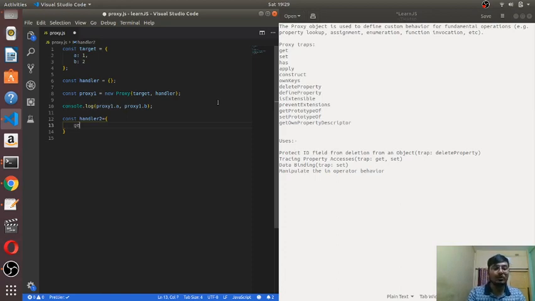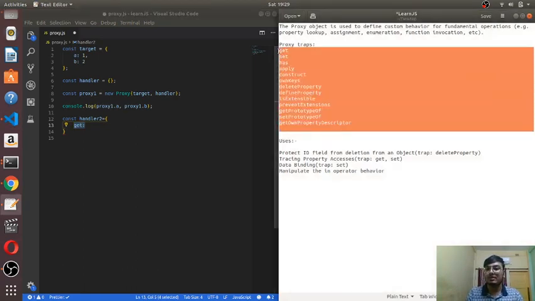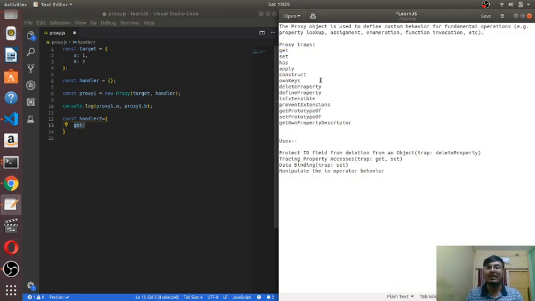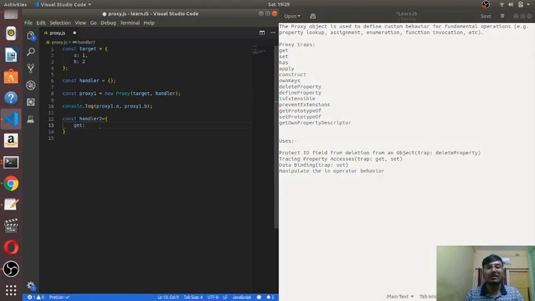So what do I do here? I write down get. What is this get? Get is a proxy trap. I have listed down a few proxy traps. These are them, and in this video I am going to just work on the get.